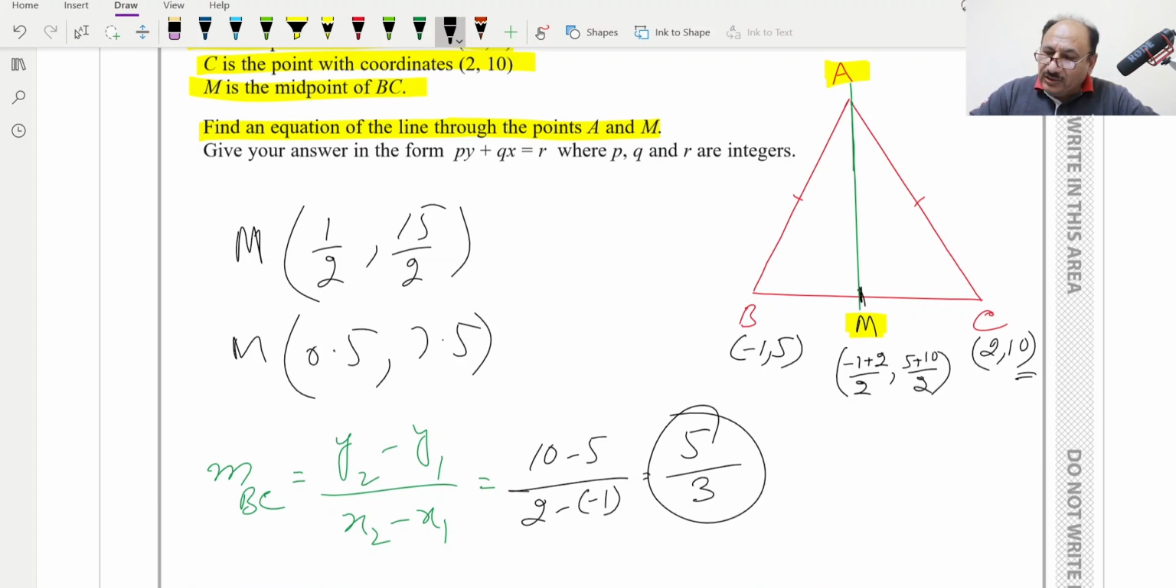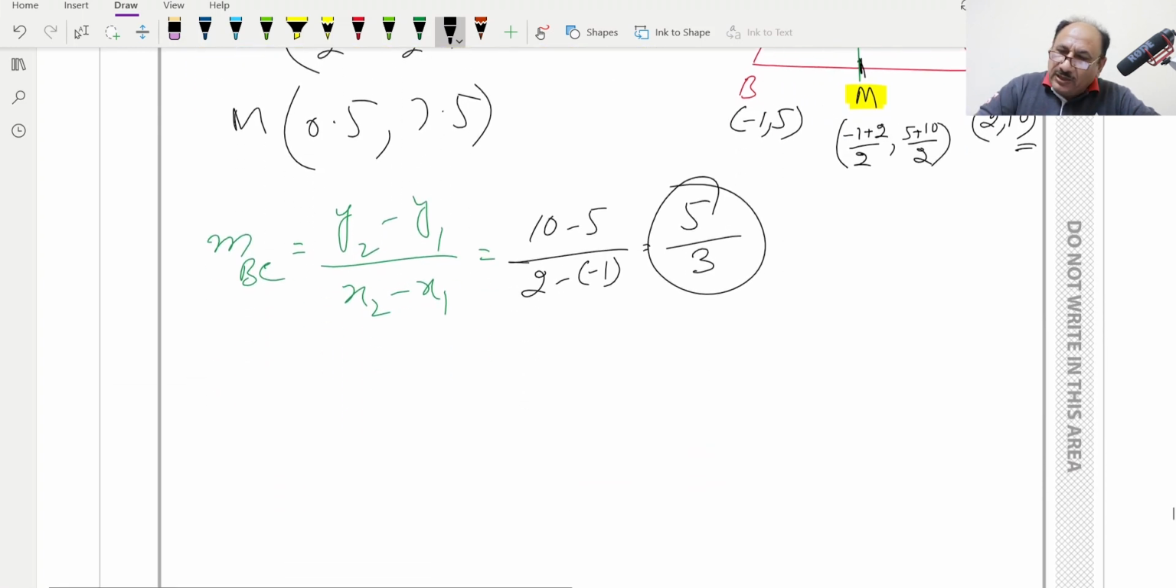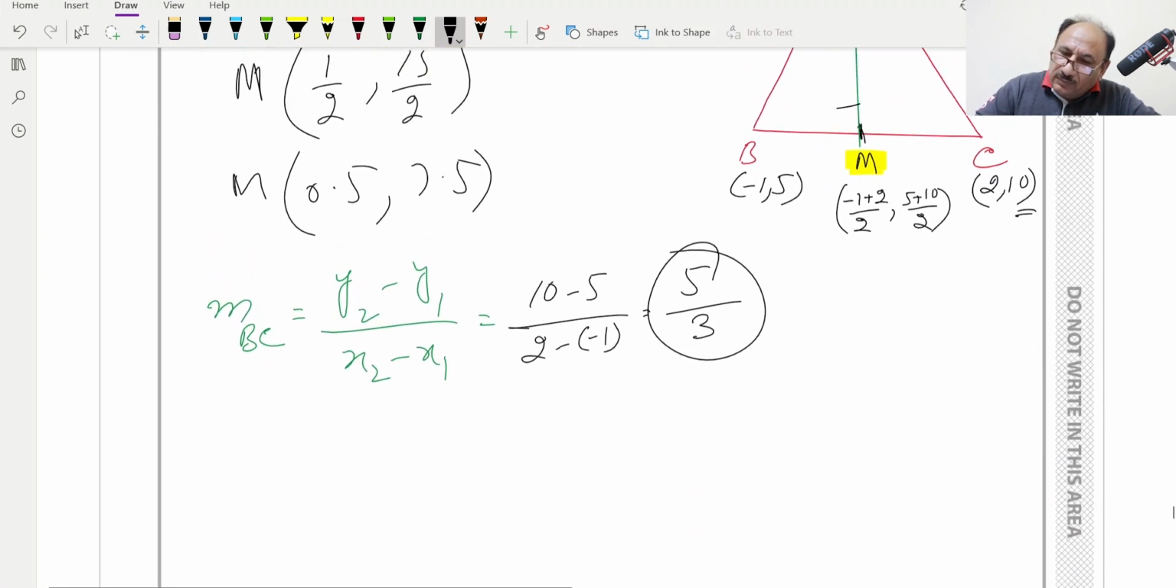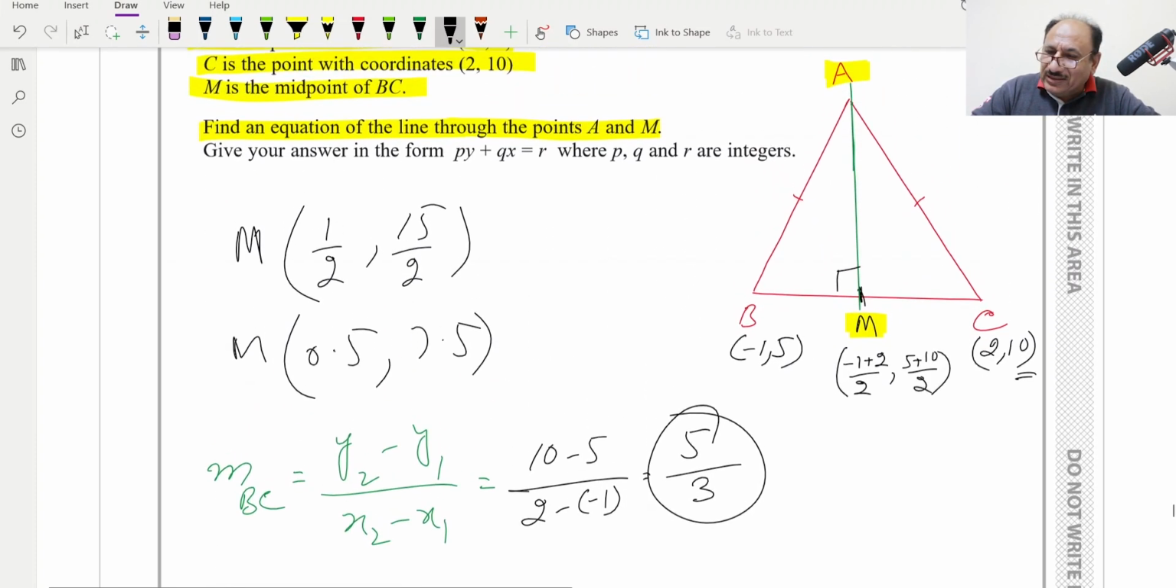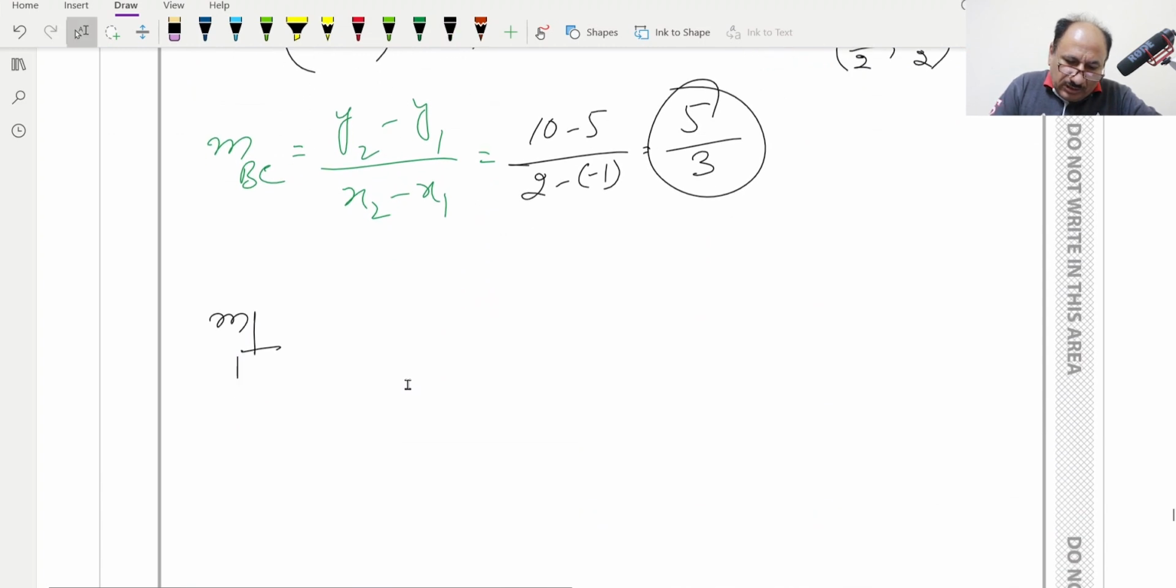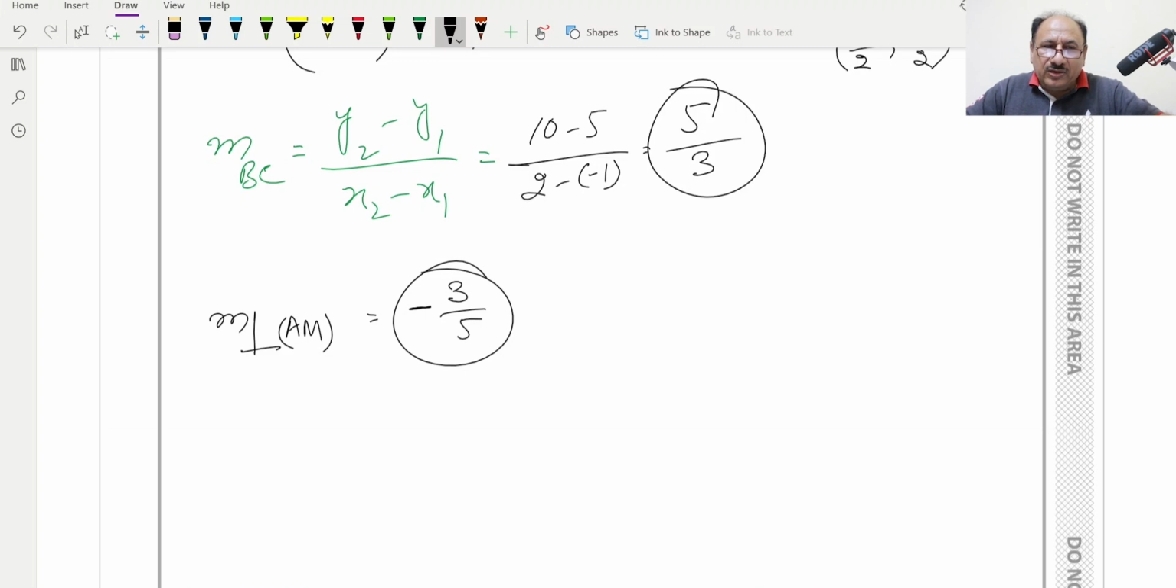Now we can find gradient of AM, which is perpendicular. This is perpendicular, so gradient of perpendicular, which is AM, will be equal to what? Will be reciprocal and change sign. So minus 3 over 5 will be the gradient, and now we can